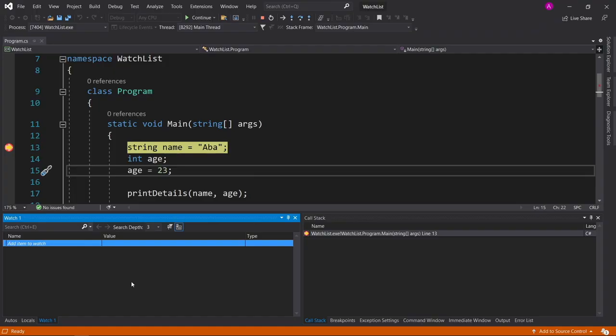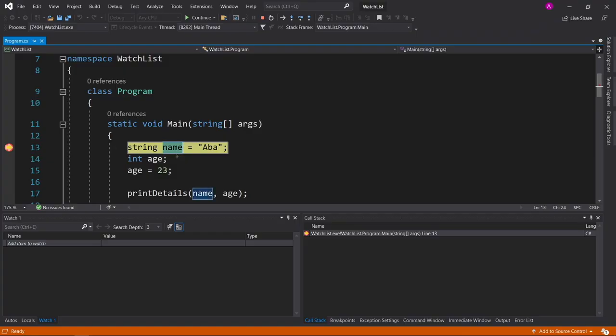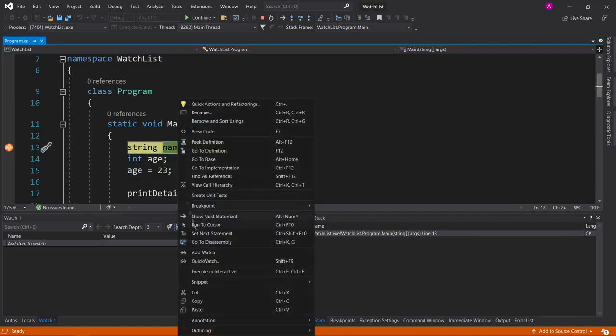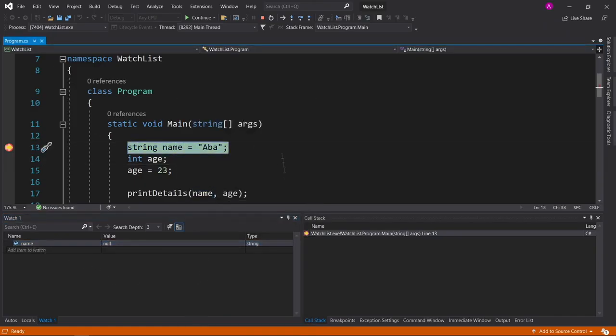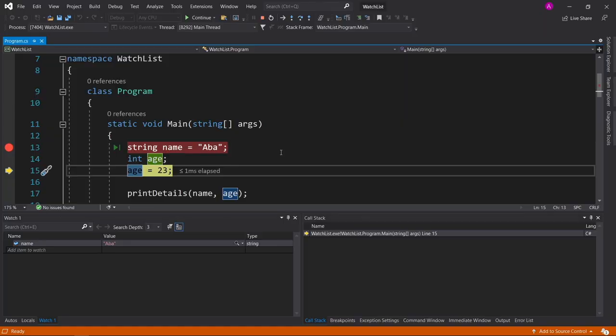There's a couple of ways that we can do this. You can double click on a variable and right click, or you can just highlight it like this and then right click. And it says here, add watch, and you can press it. It says name, value null, because we haven't created it yet. So the default value is null as of right now, because it's not actually assigned anything. So if you press F10 and step over it, you'll see that it immediately changes to ABBA without us having to do anything except simply press F10,